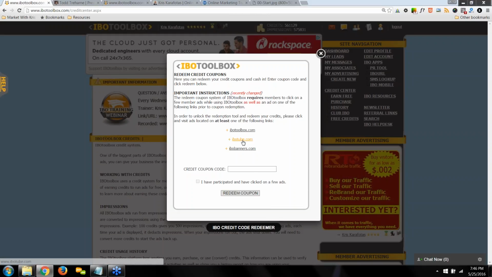It's asking us to visit some sites to unlock the redemption tool and redeem our credits. If we didn't click on any one of these sites listed here, we would have to physically click on these links, and if we tried to put a check mark in the tick box, it wouldn't work.